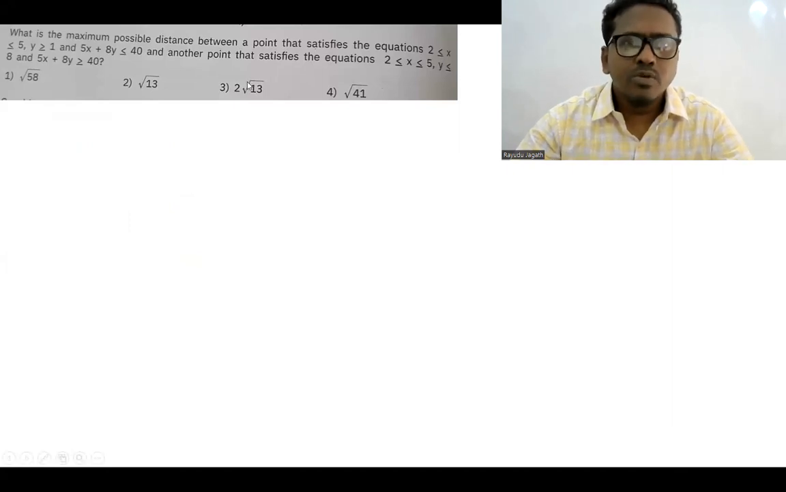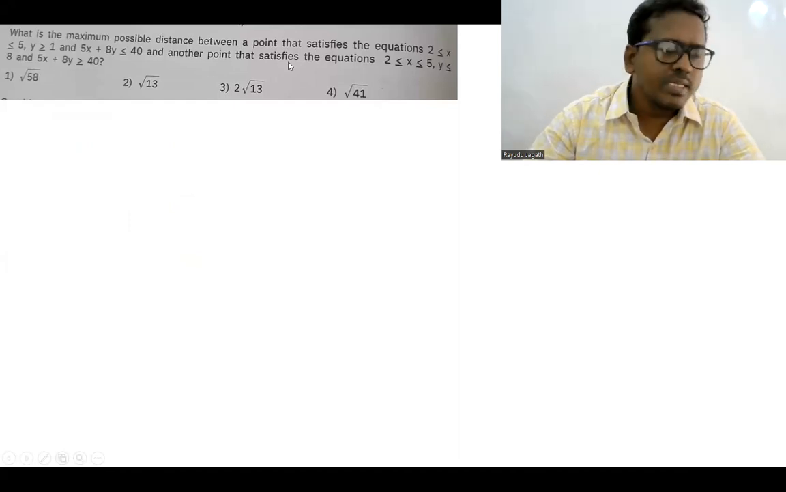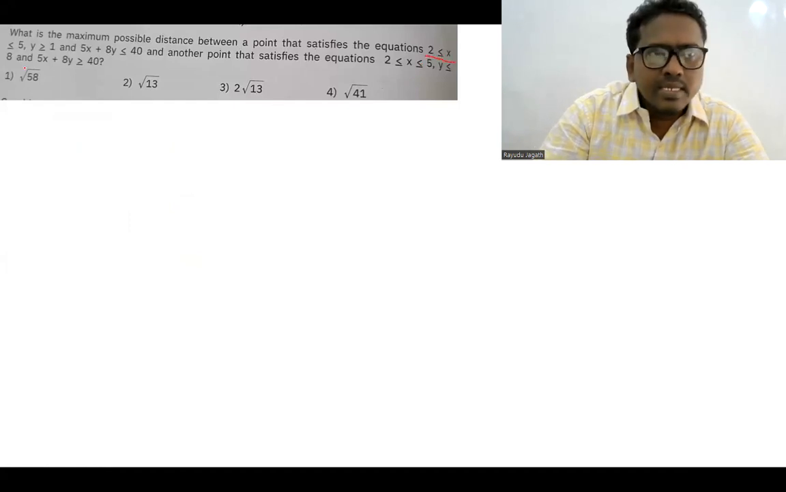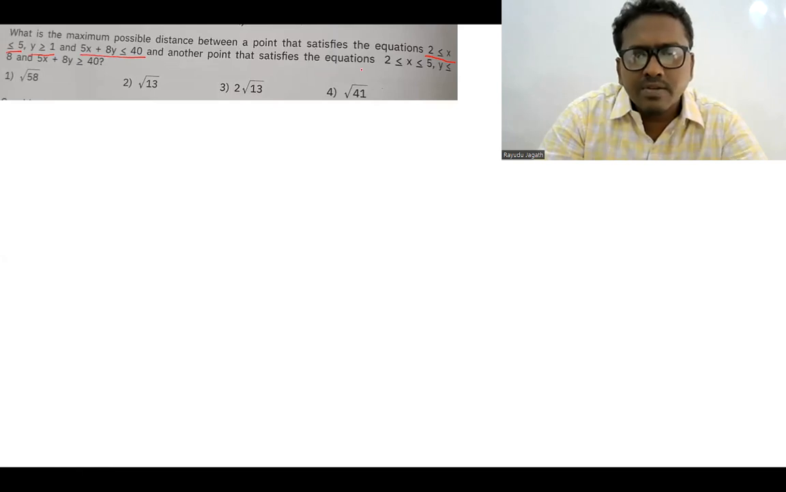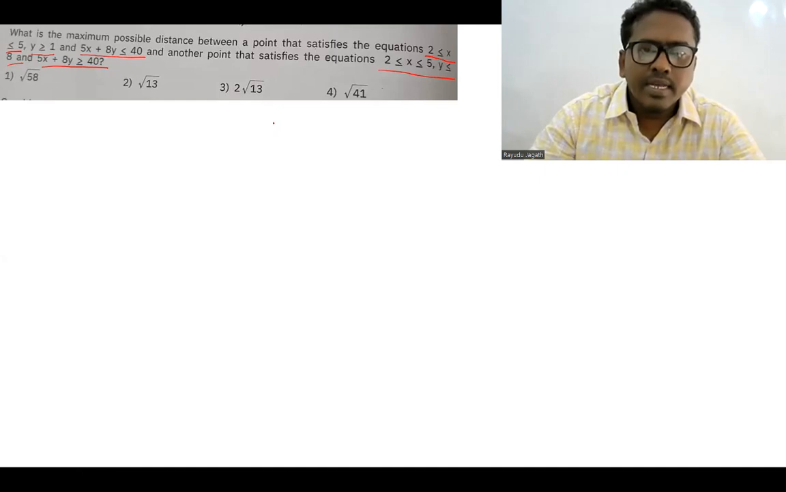What is the maximum possible distance between a point that satisfies the equation 2 less than or equal to x less than or equal to 5 and y greater than or equal to 1 and 5x plus 8y less than or equal to 40, and another point that satisfies 2 less than or equal to x less than or equal to 5 and y less than or equal to 8 and 5x plus 8y greater than or equal to 40? Okay, for this question directly we